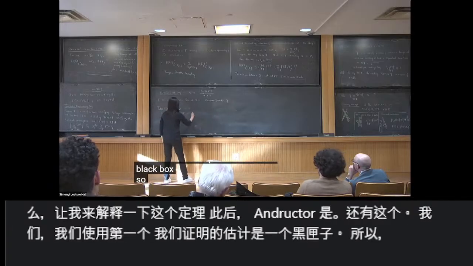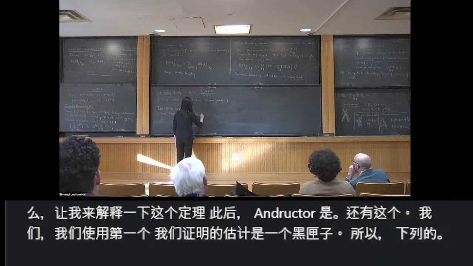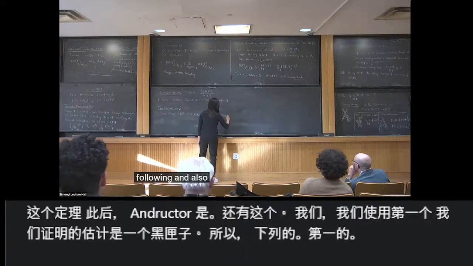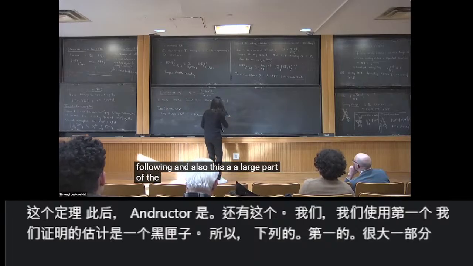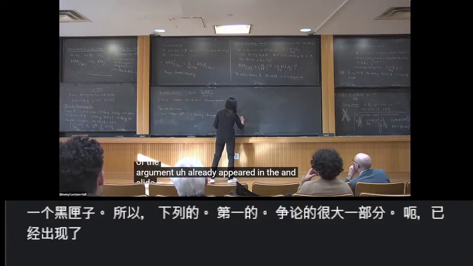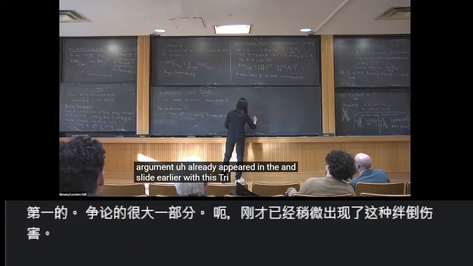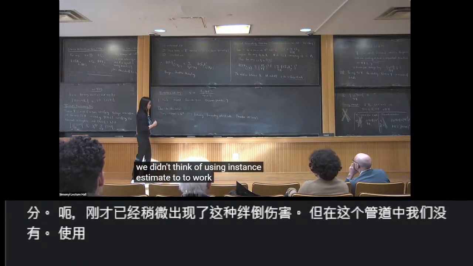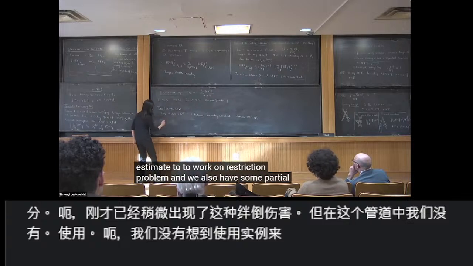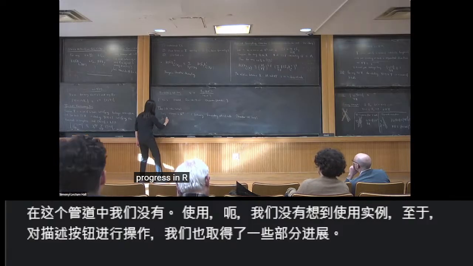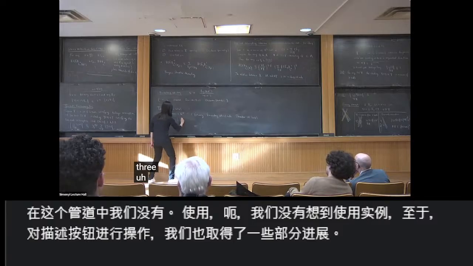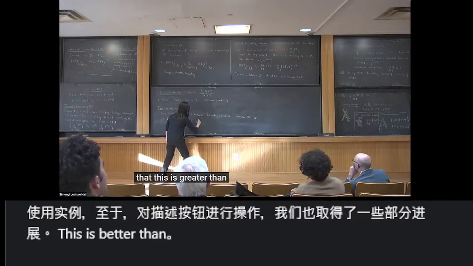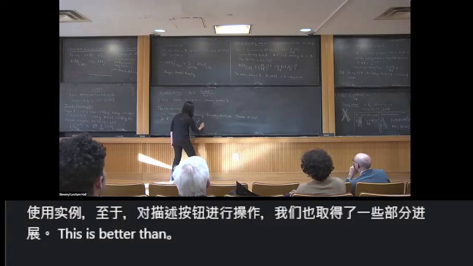Following the Furstenberg estimate, a large part of the argument already appeared in the slightly earlier work of Bourgain-Demeter. But in this paper, we didn't think of using incidence estimates to work on the restriction problem. And we also have some partial progress in R3. We proved that this is greater than lambda to the